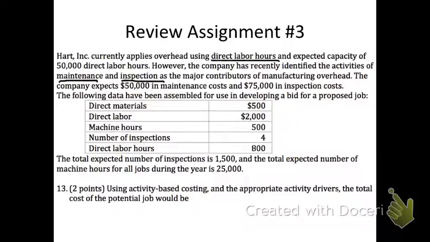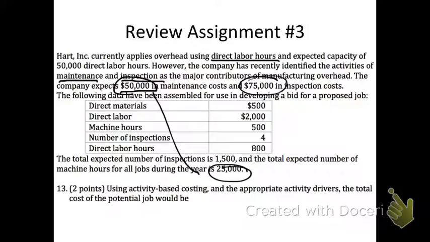So in activity-based costing, it relieves some of the cost distortions we have under traditional, because now some of those costs are being more accurately applied. And we talked about that at the beginning of the semester. So in activity-based costing, we will have an overhead rate for maintenance and for inspection. We have a total of $50,000 cost in maintenance, which will relate to the 25,000 machine hours. So we actually have a rate of $2 per machine hour there.